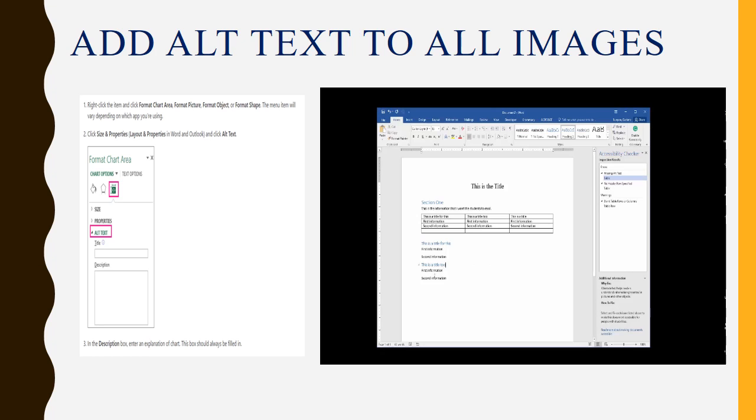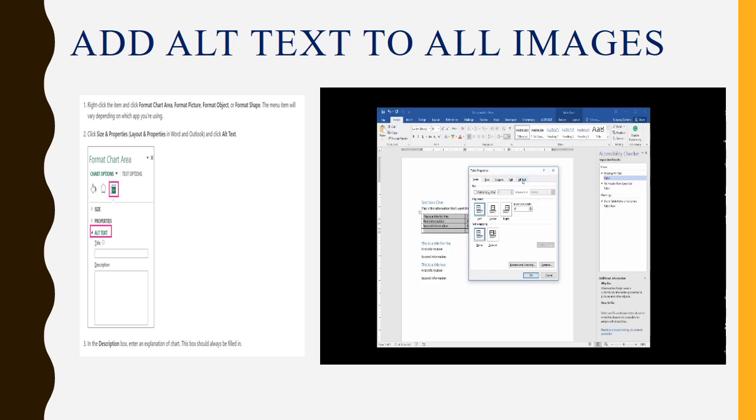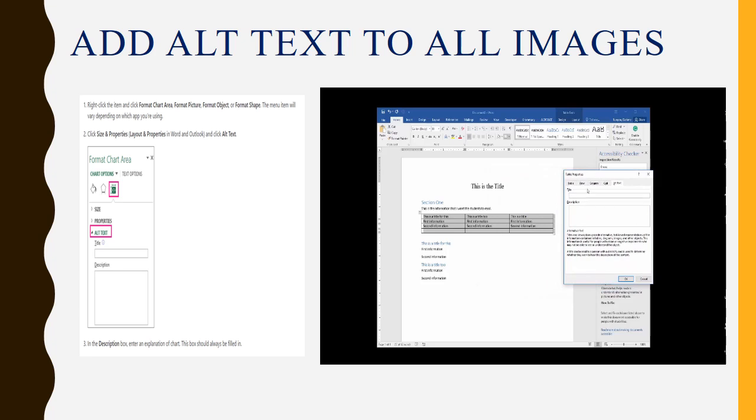So, for instance, if I was going to use this one and I wanted to add, then I could go to my table properties and I could go to my alt text and I can be very specific about what this is saying. So the table title might be